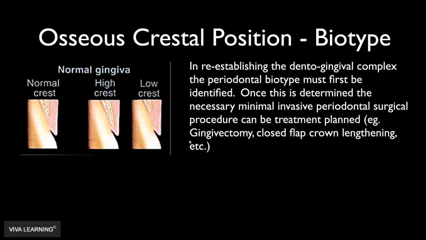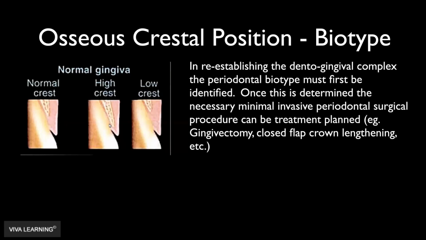closed flap. Okay, so let's say, for instance, you needed to regain this ferrule here. If you had a low crestal, you can just simply do a gingivectomy, knowing that the crestal bone is already low, and you're able to then reestablish this and have 3 millimeters from where the new margin would be to the actual bone. Okay. However, if you had a high crestal situation and you needed to then do the exact